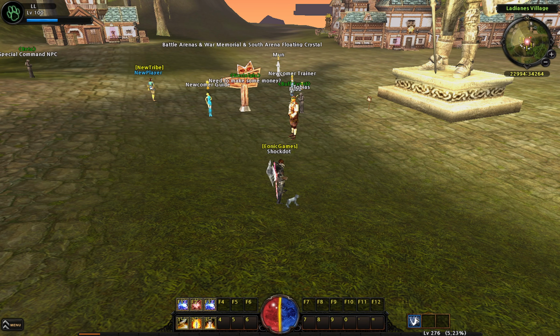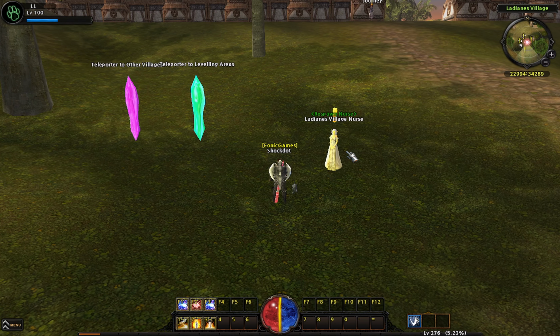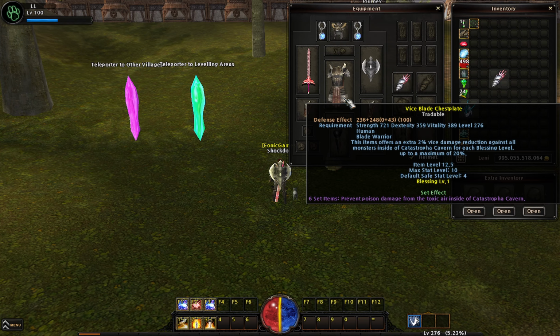Similarly, we want to spend a little bit more time on the level 12 items. I don't have any in my inventory, but basically we want to rework them so that they use the same system as the Clonium system. We found that a lot of players did really enjoy how we made it so it is 4 stats, but they are 4